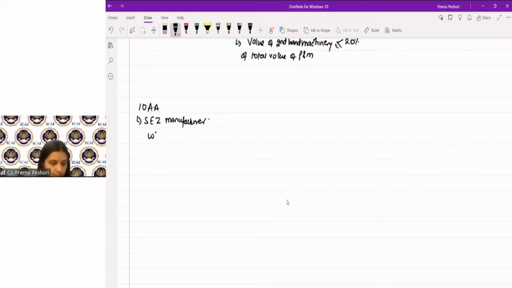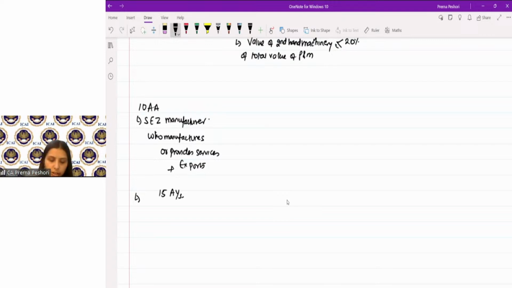The eligible assessee is an SEZ manufacturer, who manufactures or produces articles or provides services and exports such services or articles. So manufactures or provides services plus exports. The deduction is available for 15 AYs,